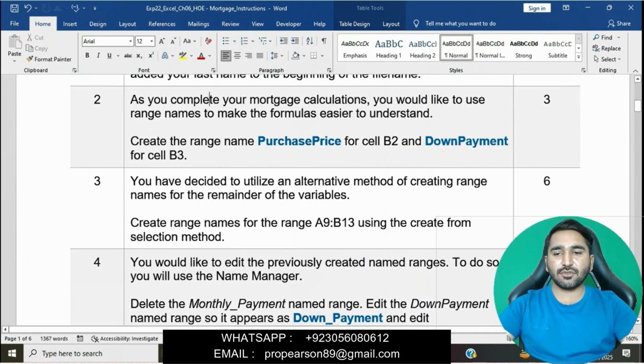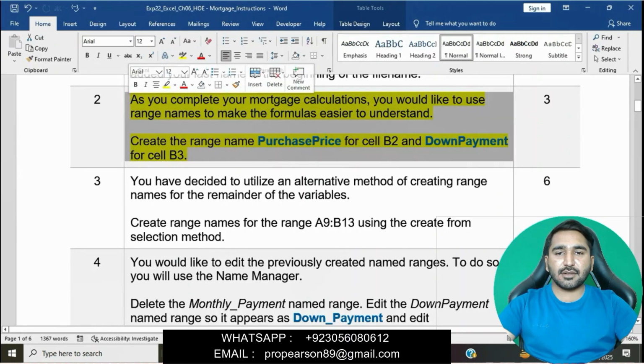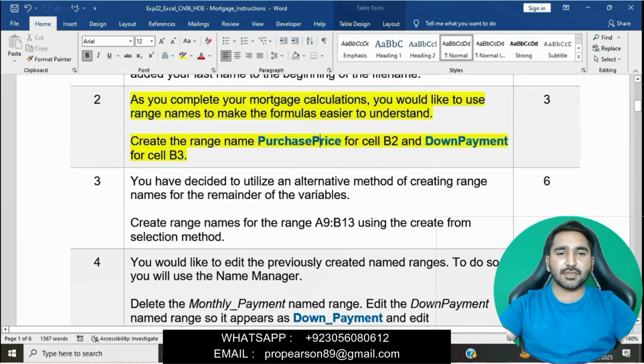In question number 2, create the range name, purchase price for cell B2 and down payment for cell B3.